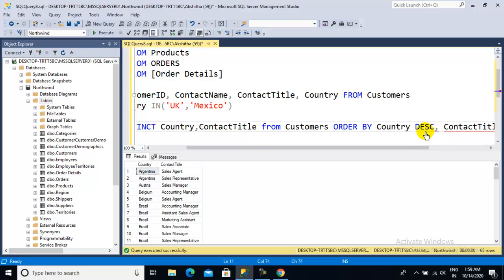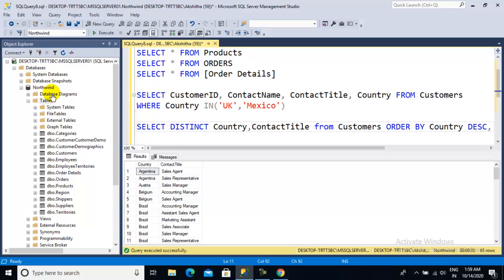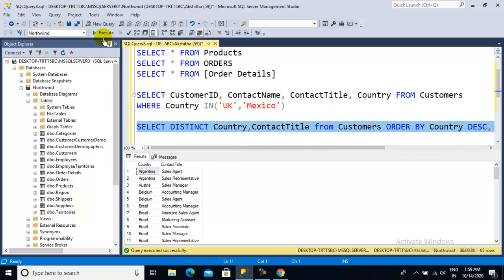You can put what kind of filter you want. ASC means ascending order, and DESC is descending order. Like this way you can put it, select it and run it. See, the country came in reverse order, and the title is in ascending order.